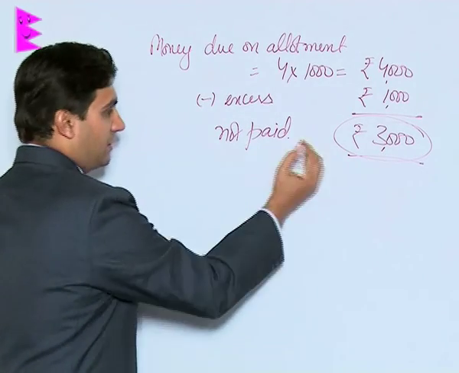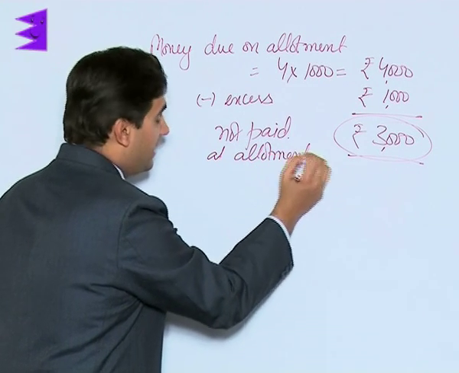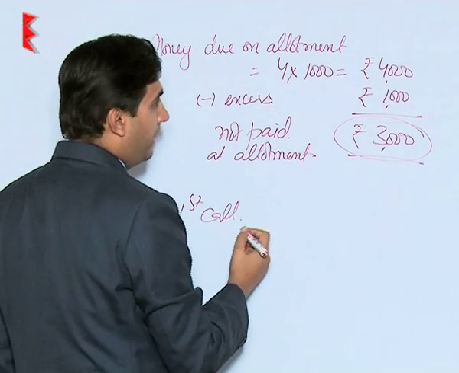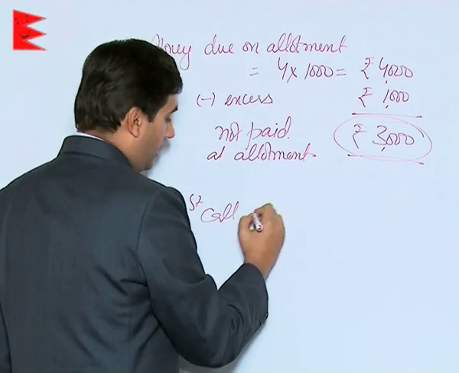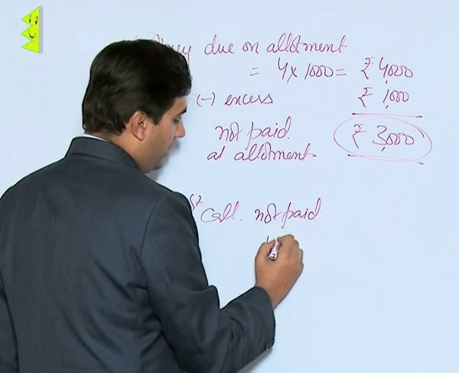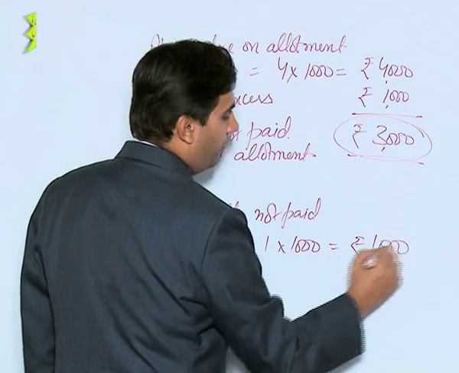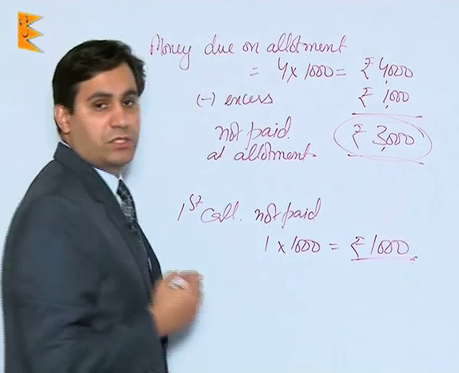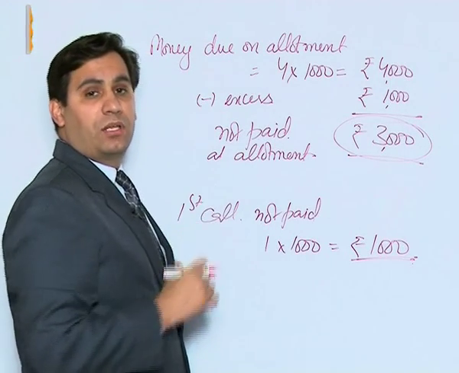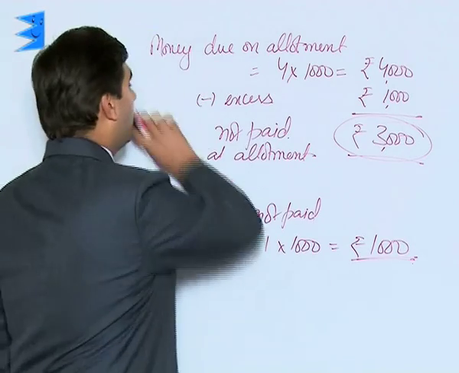Besides this, this is not paid at allotment, and besides this, on first call, he was supposed to pay rupee 1. So first call not paid is rupee 1 into 1000 shares. That means he has not paid 1000 rupees on account of first call. So concluding part would be to make a journal entry for all these calculations. So the journal entry would appear as